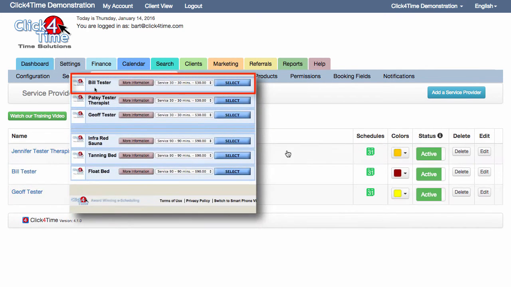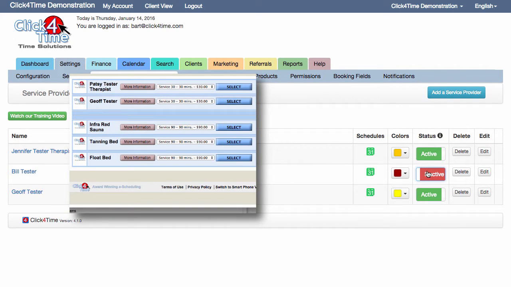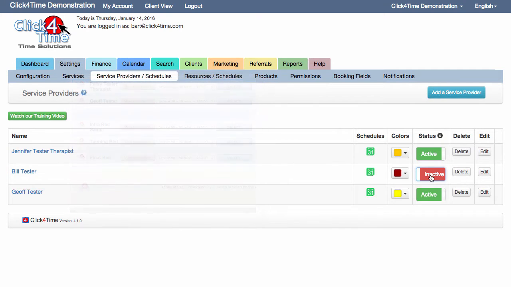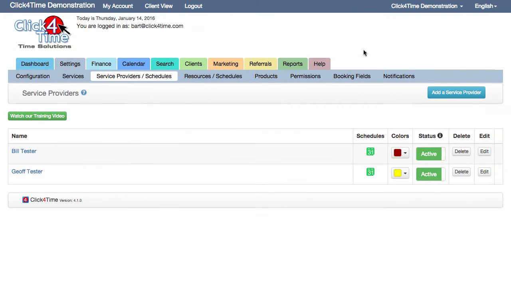Looking at these icons, the status allows you to set a provider as active or inactive. Inactive staff will no longer have access to the company calendar, and their name will no longer appear as a choice in any of the booking drop-downs. If you have a long list of deactivated service providers, you may want to clean up the list by deleting those entries. The appointments assigned to deactivated or deleted staff will remain on the calendar though, and in reports for further access.